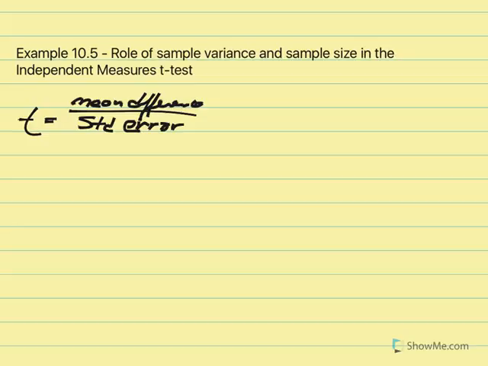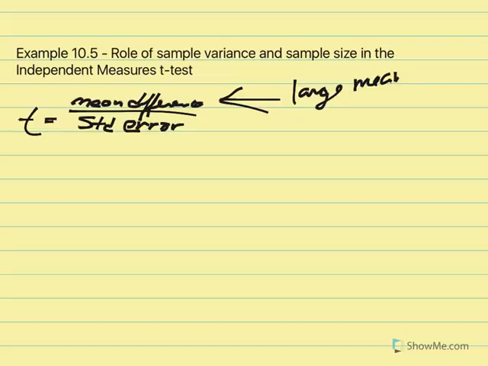So in Chapter 9, we identified several factors that can influence the outcome of a hypothesis test. For the independent measures t-test, the obvious factor is the size of the difference between the two sample means. So in our t-test for this chapter, we're looking at the sample 1 mean minus sample 2 mean minus the null hypothesis, which is represented by mu1 minus mu2. A large mean difference increases the likelihood of rejecting the null hypothesis and increases measures of effect size. So again, we're saying that if this value is large, so large